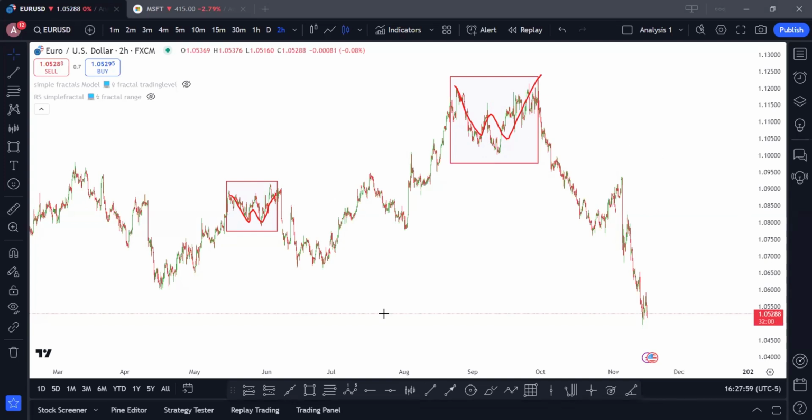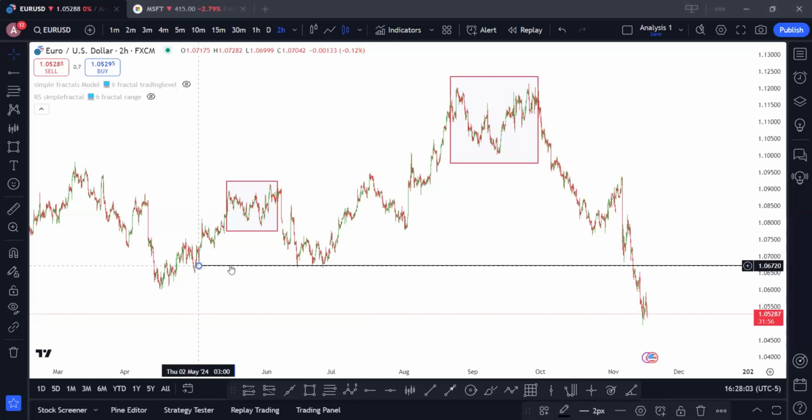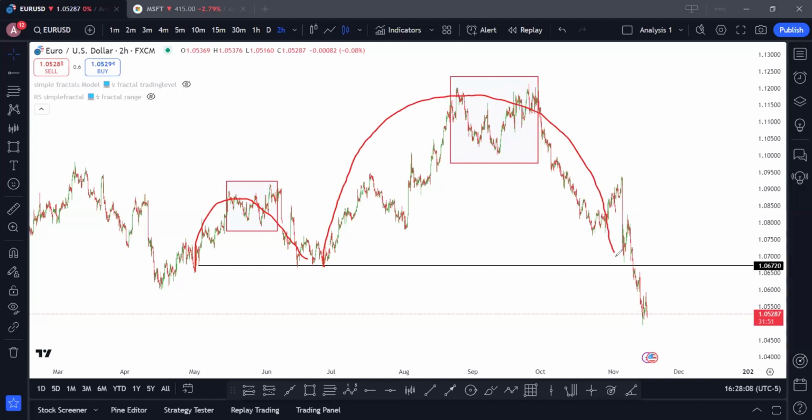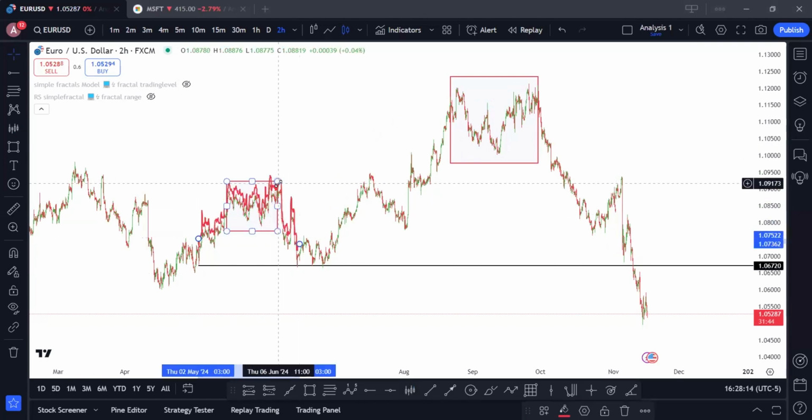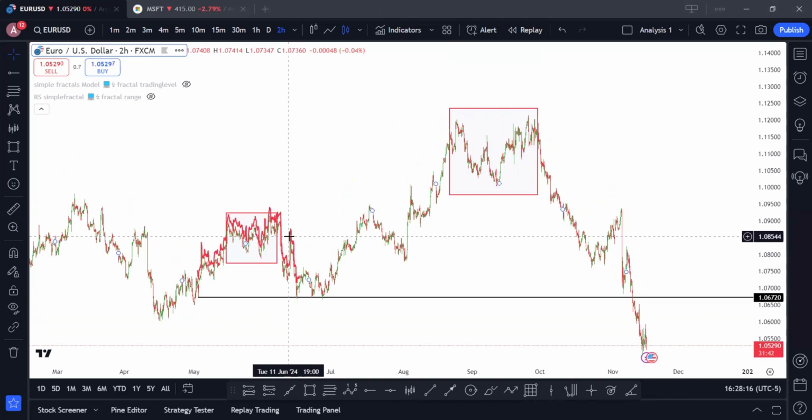So this one right here is called an equal low model in this way. So right here we have equal lows. So on the big picture, we'll have equal lows in this way. Very, very simple. So this was our first confirmation right here, our equal low model, okay? So if we take this fractal,